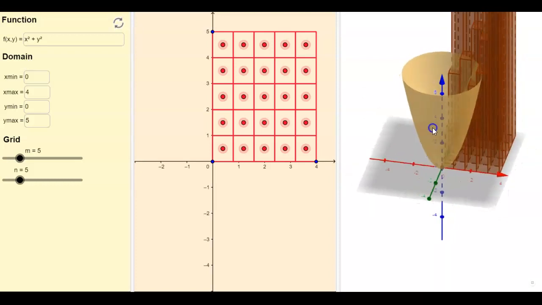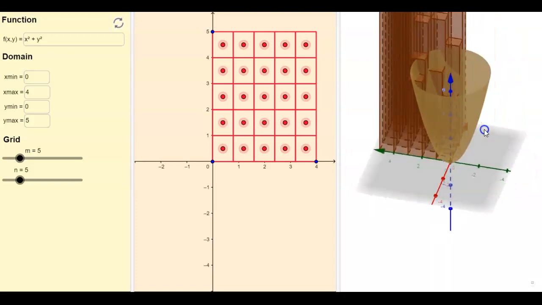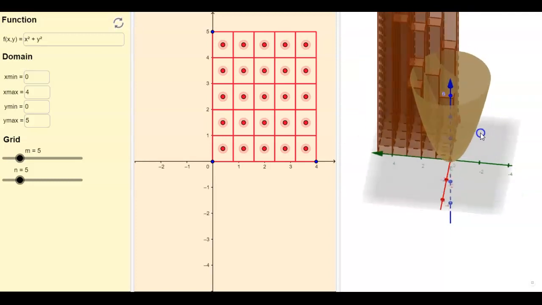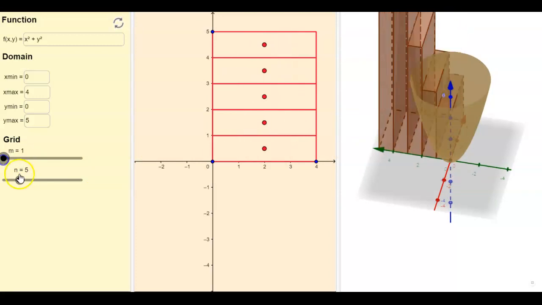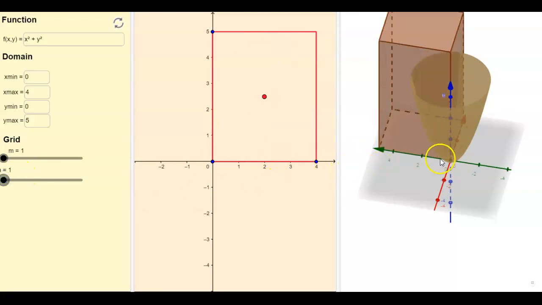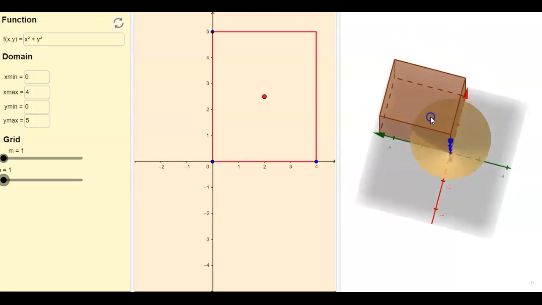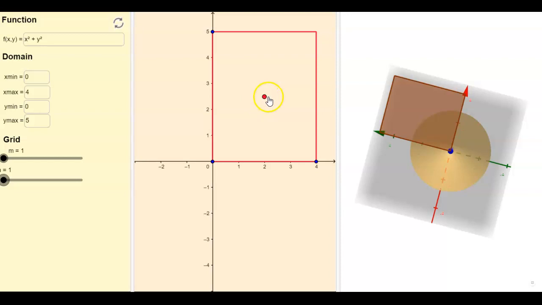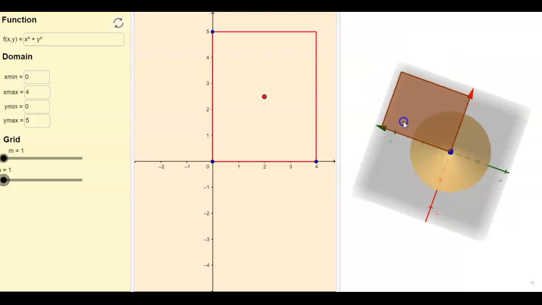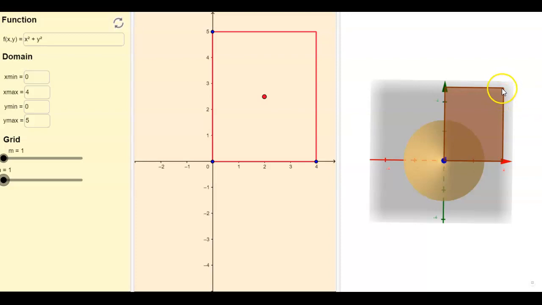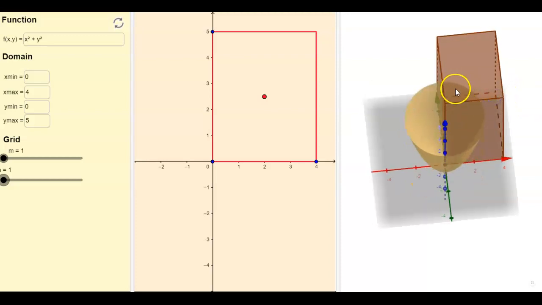But you can see we're getting a lot of underestimate, overestimate in certain places. So one thing that we could do is first of all look at this with only a small number of rectangles. So imagine that we just pretended that whatever the height of that paraboloid is right at the center of that rectangle, that's going to be our uniform height all the way across. Now we know that that's not true because as that paraboloid moves upwards over here in this corner, it is going to be perhaps taller, especially as you move further away. So the paraboloid here is going to have a really tall height, but we're just estimating or approximating the height